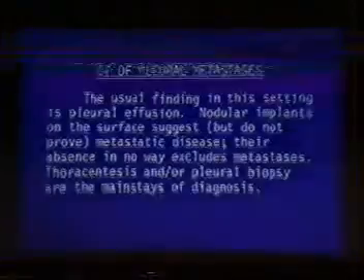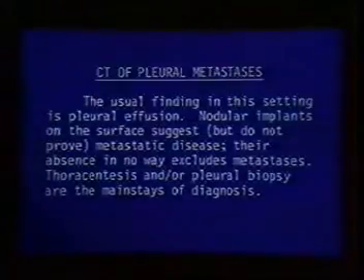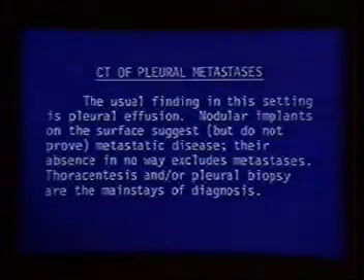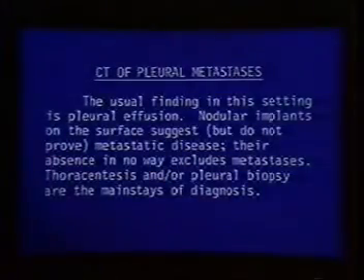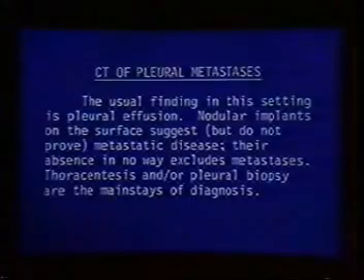Pleural metastases are probably the most common pleural tumor we deal with, and the usual finding we get in patients with pleural metastases is just pleural effusion. Generally a non-specific pleural effusion, nothing that would distinguish it, at least by CT, from the pleural effusion of congestive heart failure or any other pleural effusion you can think of. So the real way that you've got to make the diagnosis in most of these cases is by thoracentesis